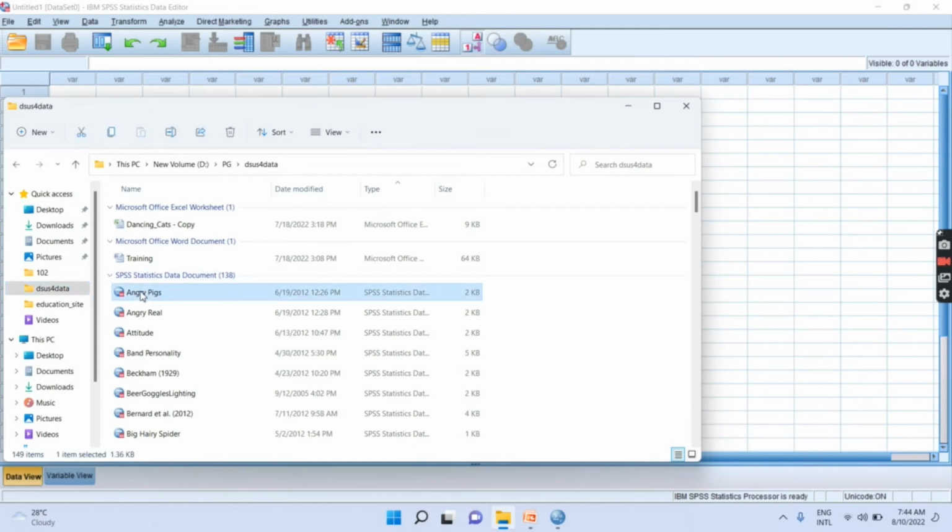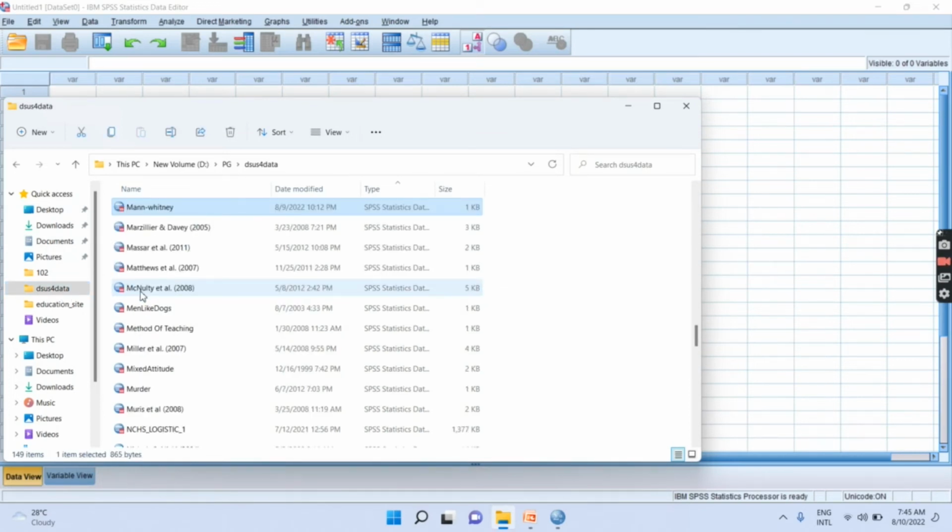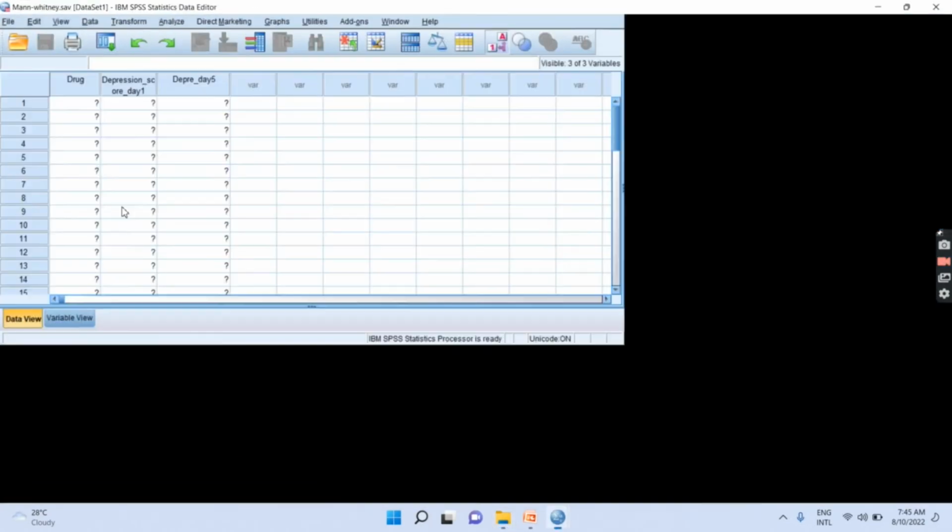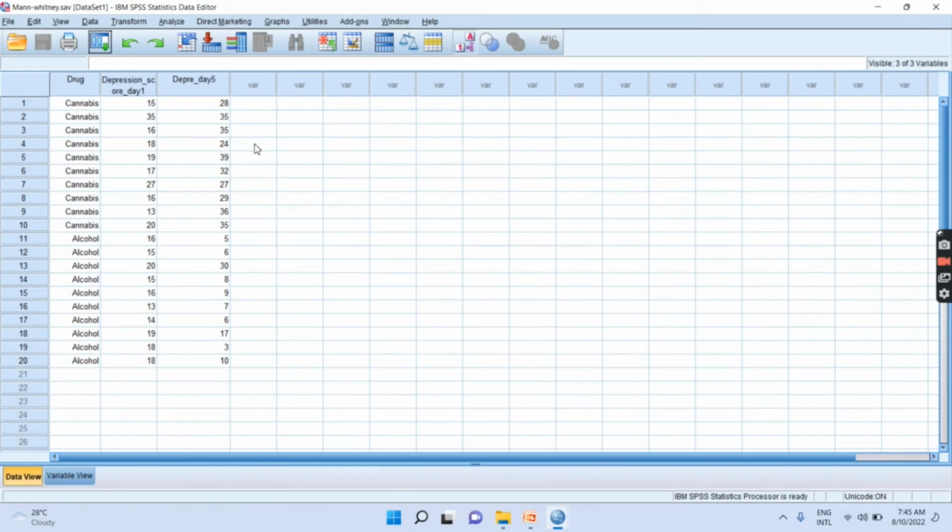So we have data on cannabis and alcohol consumption and the occurrence of depression. These are our data, depression on day 1 and depression on day 5 by using cannabis. So this is the structure of the data, useful for learning how to enter data in Excel